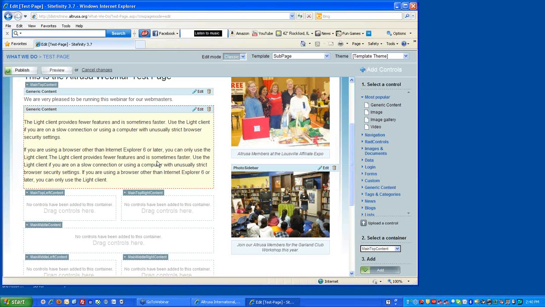Is there a calendar option for the news and events? I'll get to that. That's going to be in the module section, which we'll be getting to. Is there an advanced option to ask members to submit meeting RSVP information through the website? I think that is something we would be building on the membership side and not on the actual club or district website. And the reason for that is